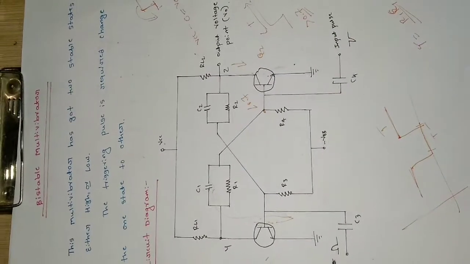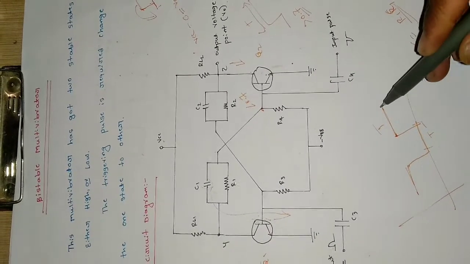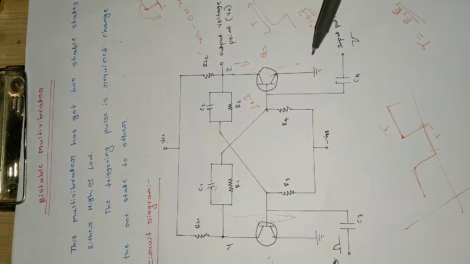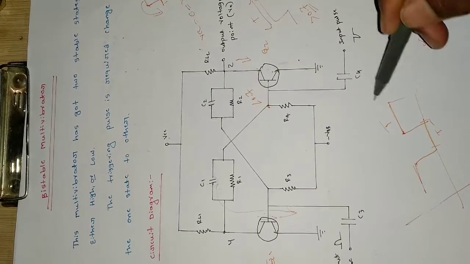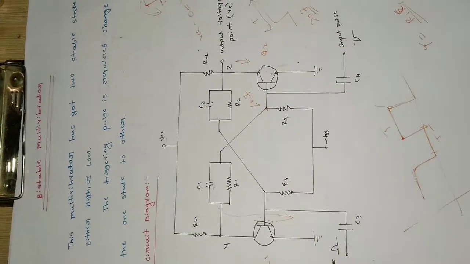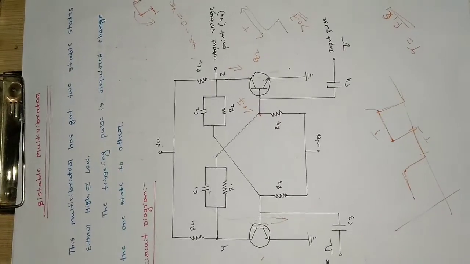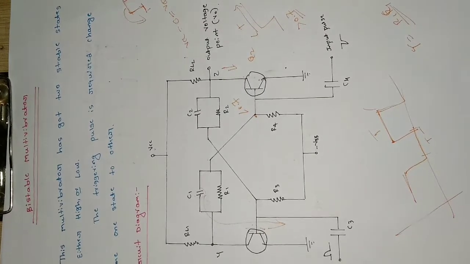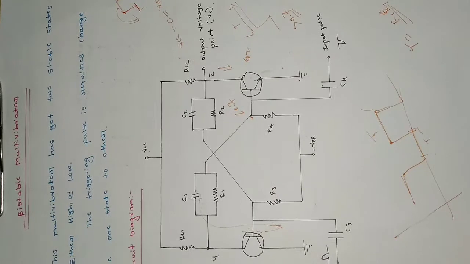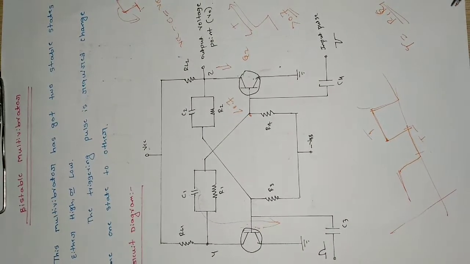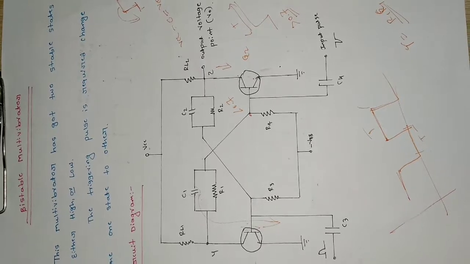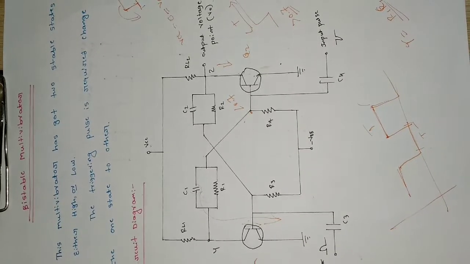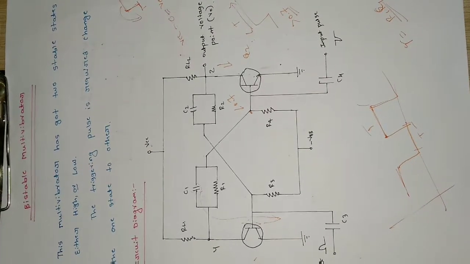Okay, so if you want to bring the output low again, then we need to apply a pulse to Q2, then at that moment it will start conducting again, and the output will go to 0 again. So like this we can get the high and low pulses, and these are stable states here, so they are not returning to their original position immediately. So you have to apply a trigger to go from low to high, and if you want a high to low transition also, you need to apply a trigger. So this is how a bistable multivibrator works, and I hope you understood the working.